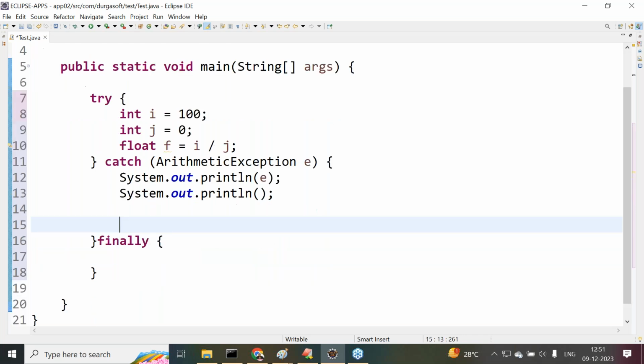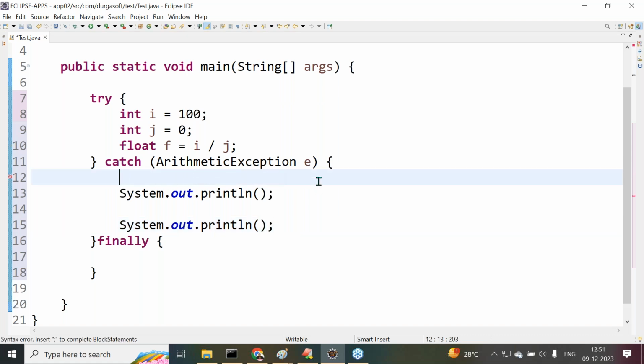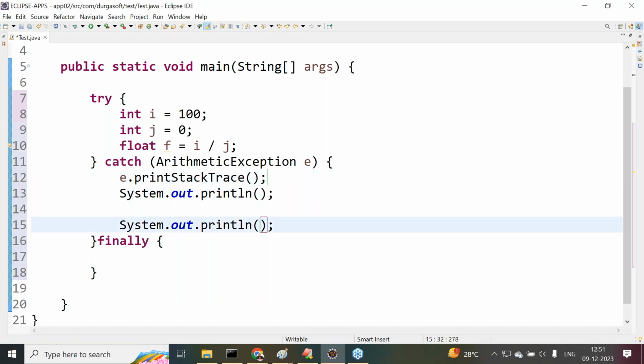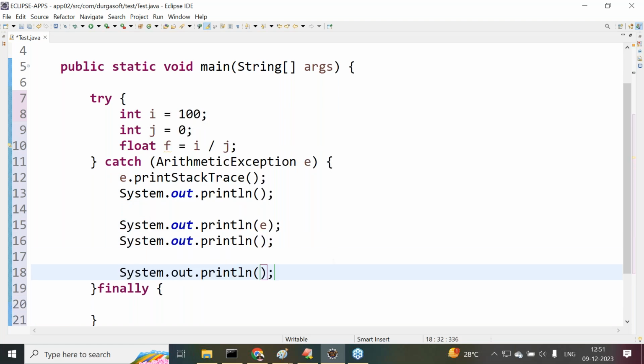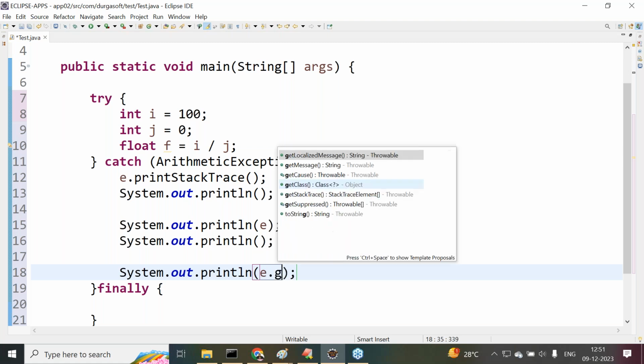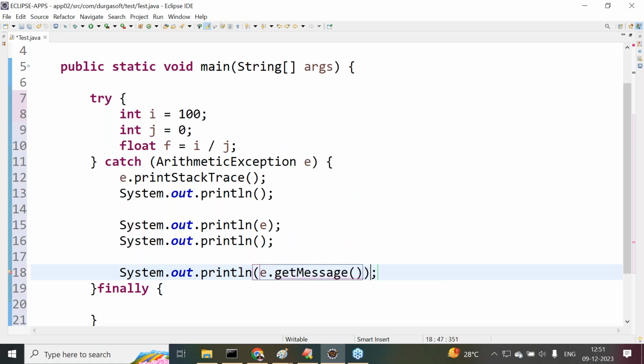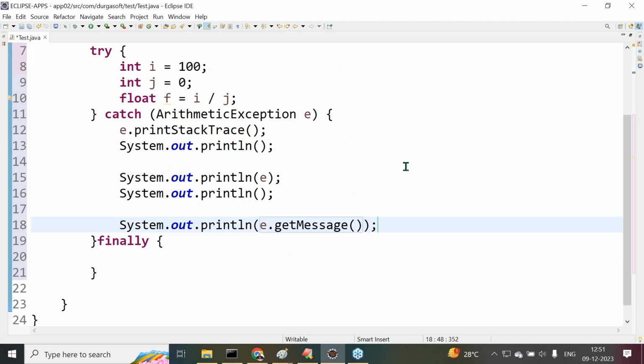System.out.println, one line space. Before using this, what I want to provide there is e.printStackTrace method, one line space. Then System.out.println of key. Next, another line space. After that System.out.println of e.getMessage method. Now tell me, inside the catch block I'm trying to display all the exception messages in